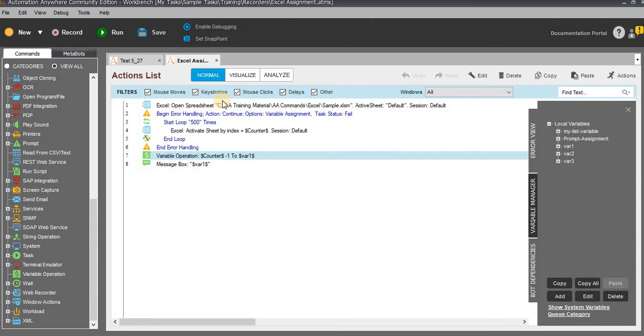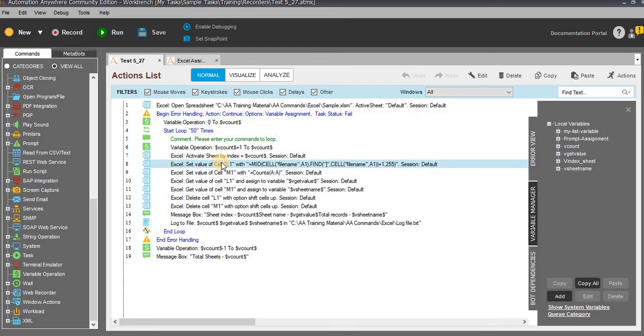Next, how can we get the active sheet name as well as the total number of records in the Excel sheets? For that, it is very simple, you just need to use formulas. So instead of send keys or keystrokes or anything, just try to use Excel formulas or else use Excel VBA macros. If you are downloading the Excel file from the web or any other folders, then before that you can create any Excel macro workbooks in your folders, so that you can use that.